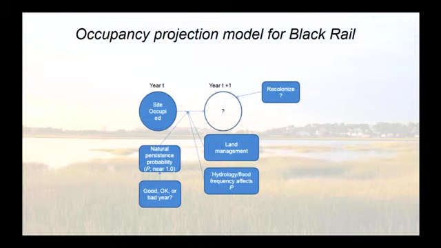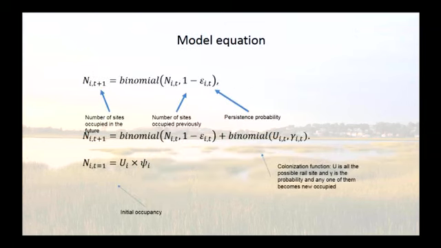So a big issue for these critters is going to be sea level rise in coastal salt marsh habitats, especially with storm surges occurring during the breeding season. If you get more than 6 inches, or 6 centimeters, of water in those sites, their nests are going to fail and they're going to abandon those sites. And the more frequently you get those plus 6 centimeter inundations, those sites are just going to become unusable to the rails. So the persistence probability declines as your hydrology gets worse for that site.